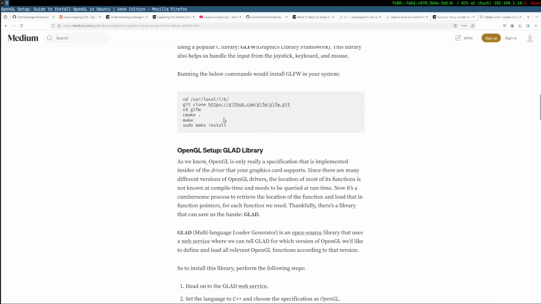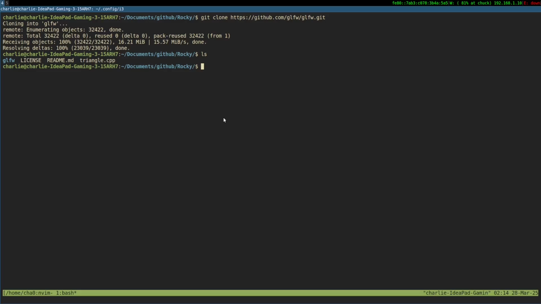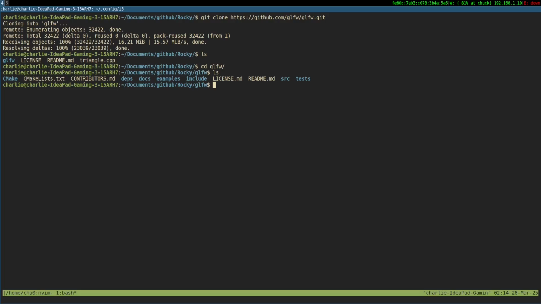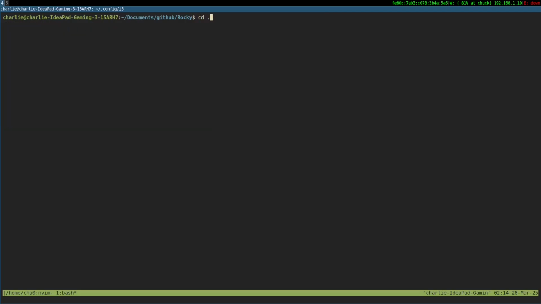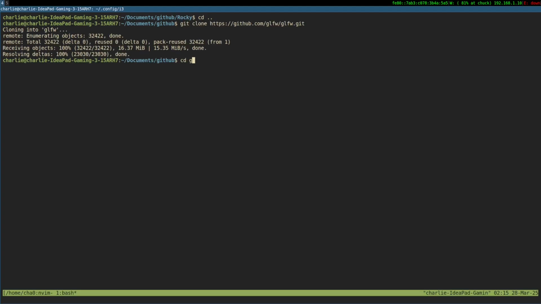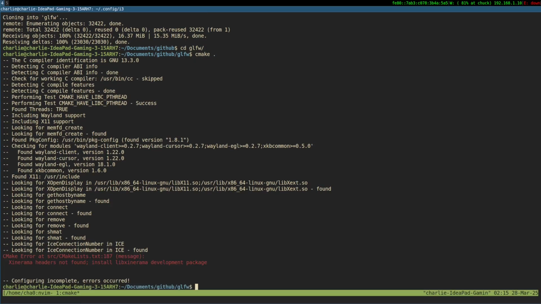I'll go cd glfw and cmake. ls, rm -rf glfw. Now make the git clone. cd glfw, cmake dot. Yeah, it can.